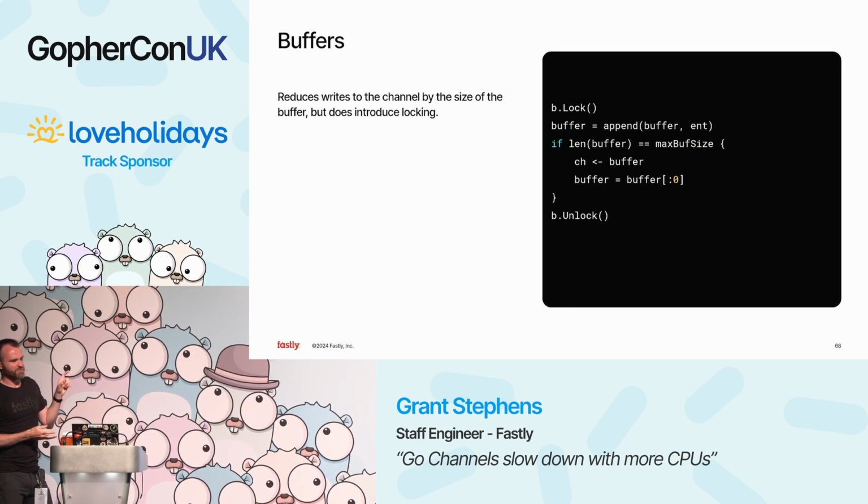Why this works a bit better is that you're much more in control of the lock, and the lock is much faster. You lock here, unlock there, and all you're doing is appending to the buffer most of the time. There's no other work going on. Sure, you check the if statement, but most of the work is just appending to that buffer. So if that buffer is optimized and relatively small, that locking operation should be quicker than the contention issues you were getting in the channel situation.